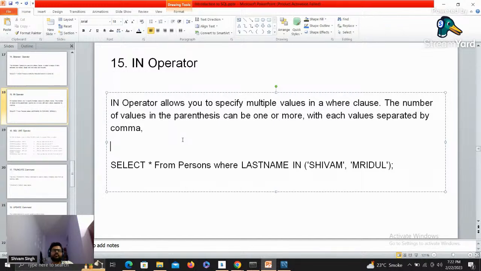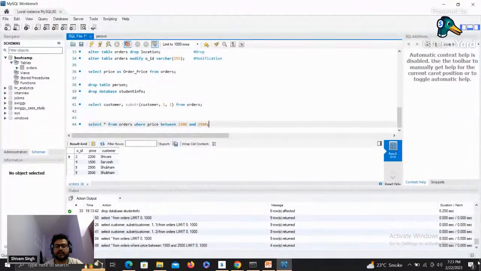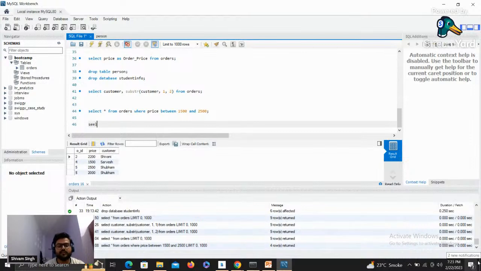Right now we are just putting one single condition into the where clause. But if I want to put multiple conditions into the where clause, there I can use the in operator. Not only two, but multiple conditions. So how can I write this? I can write it this way: select star from orders where